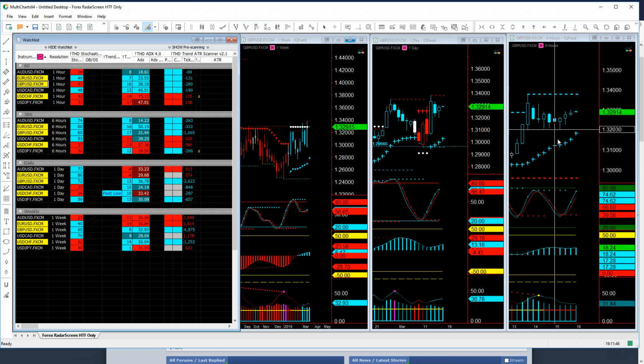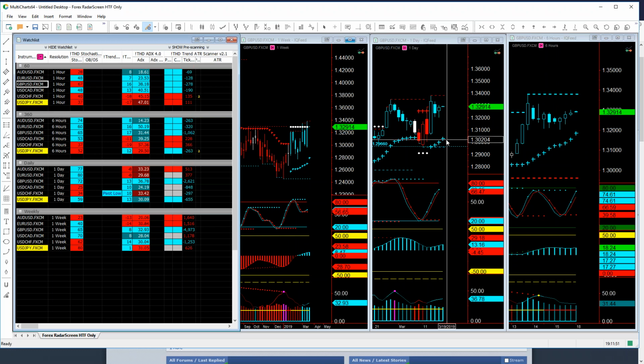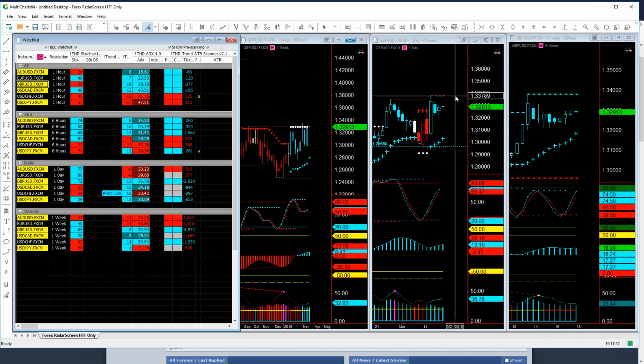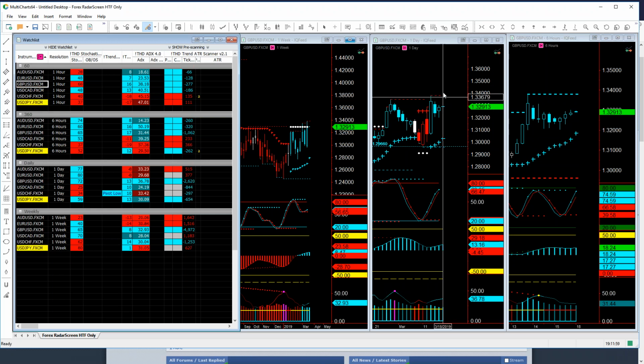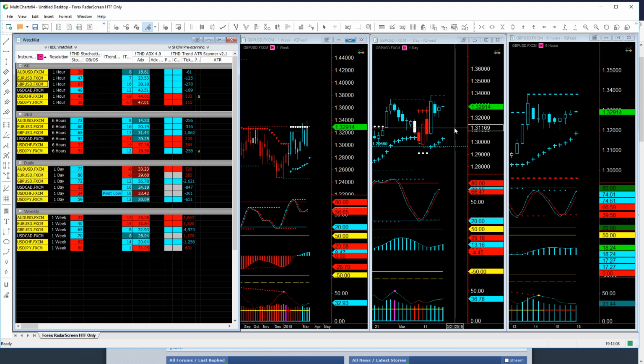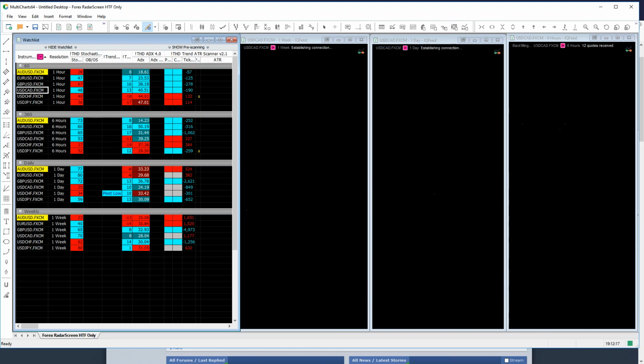But again, I would go down to my lower time frames and just try to potentially enter, maybe at an ATR back up to take out the high. Or if it gets to this high and it's overextended, then you could potentially look for a short back down to the ATR, depending on whether you're a trend or counter trend trader. We're all different. Now, looking at the USD CAD,